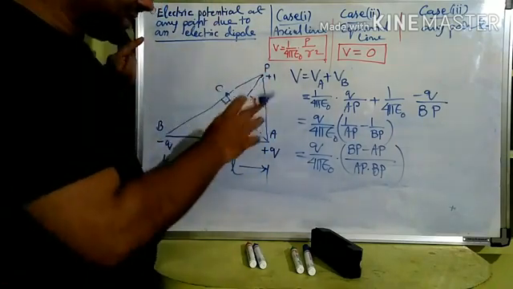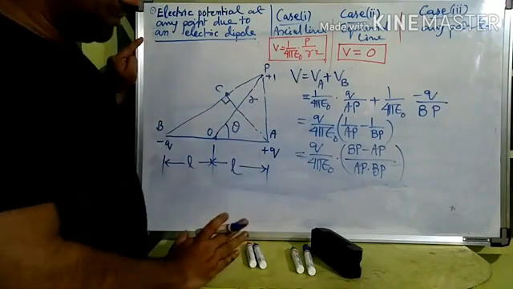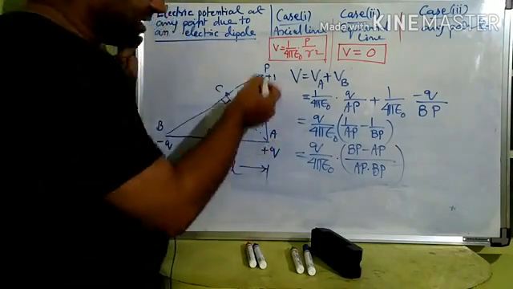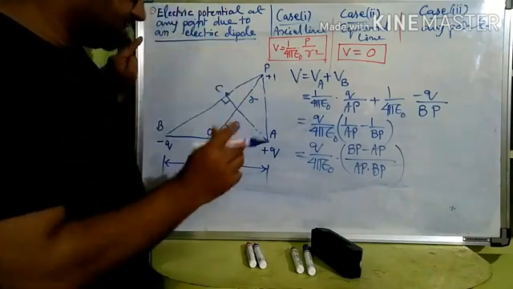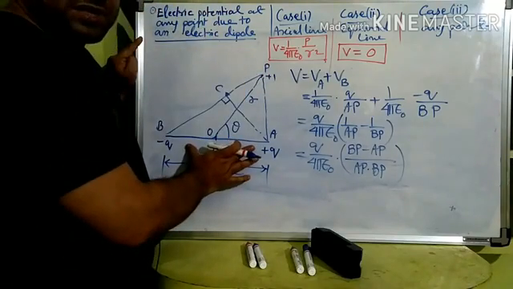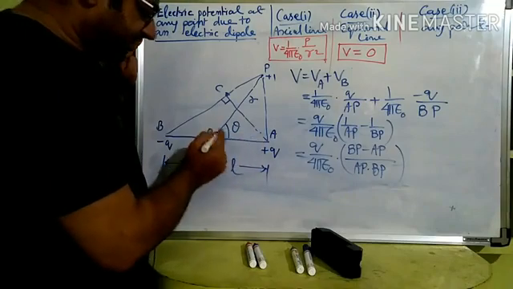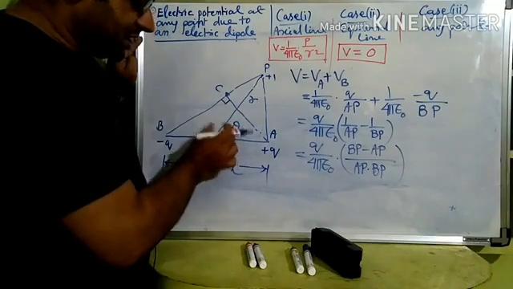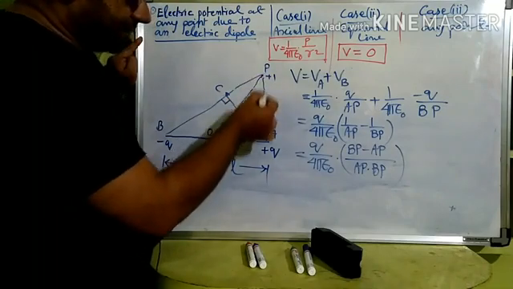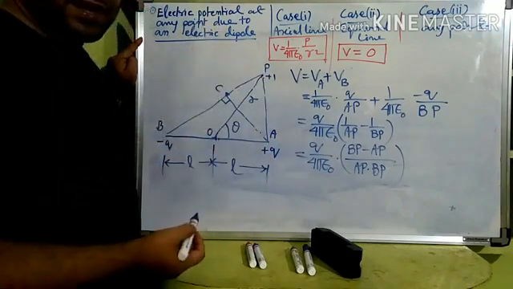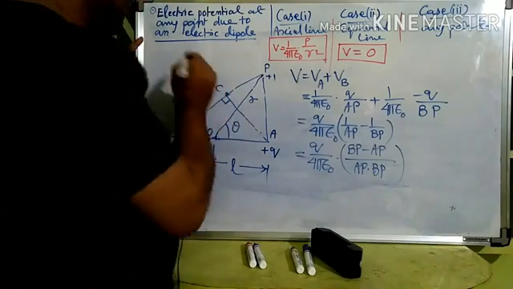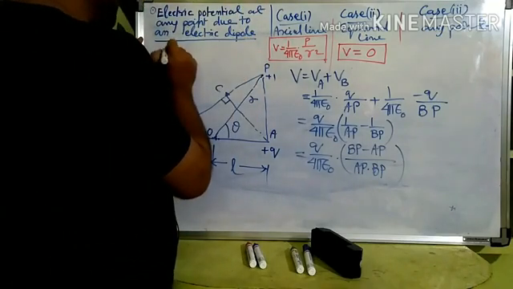Definitely not. In this diagram, AP is not equal to PC. However, we can take the assumption AP is equal to PC, because I have shown AB this much big. But if AB are very close, A is here, B is here, if those are very close, then PA will be equal to PC. That assumption will work well. Clear?